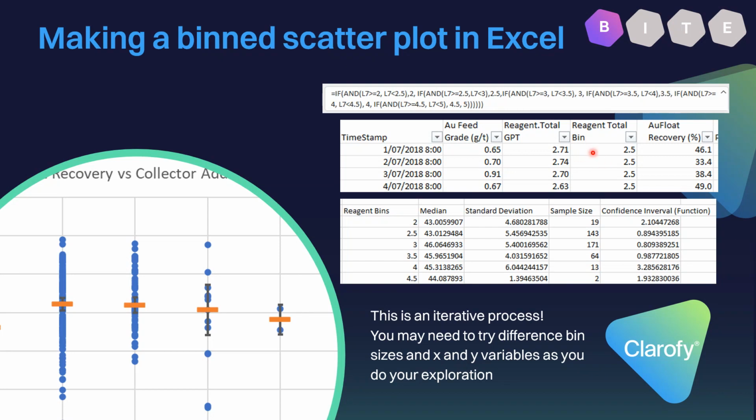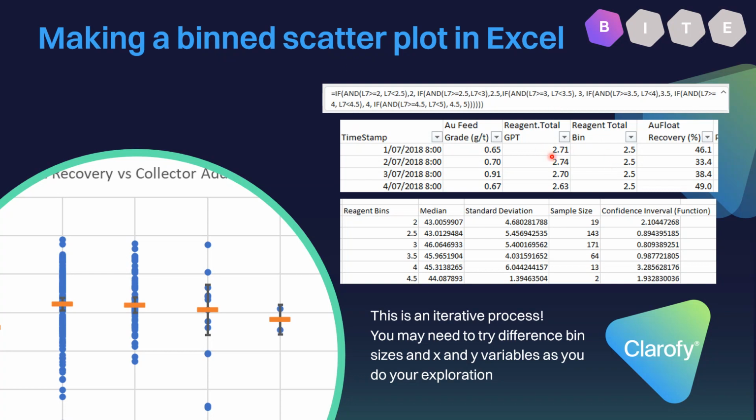And what you want in this column is a lovely looking if statement, and the more bins you have, so the smaller the bin size, the more ifs you're going to have. And I'll just point out that Excel does have an upper limit for the number of nested ifs, so be aware.